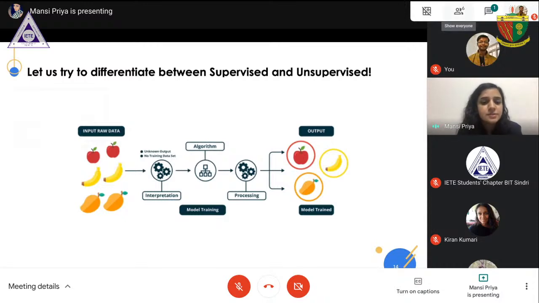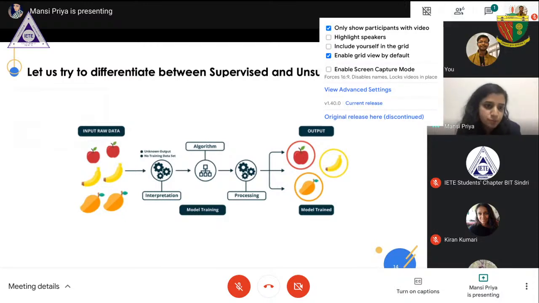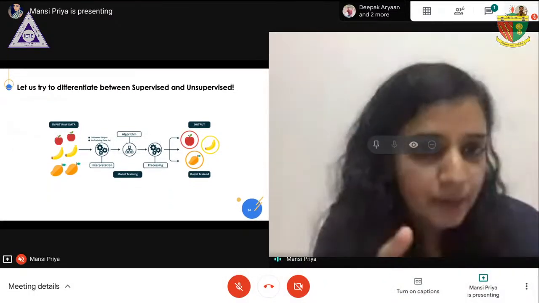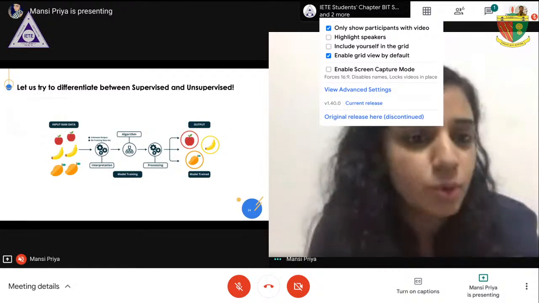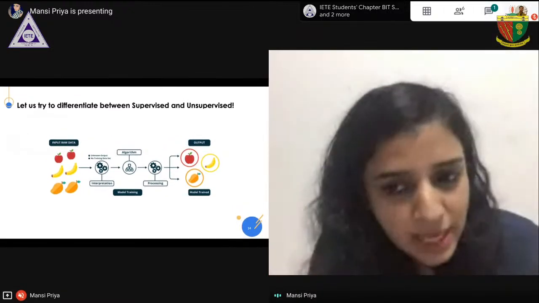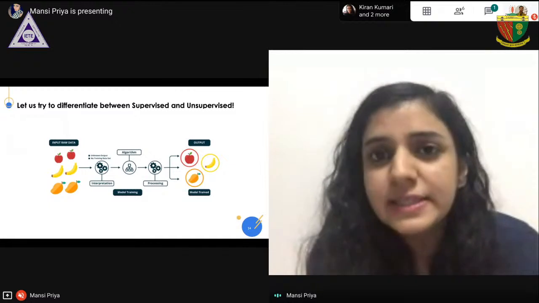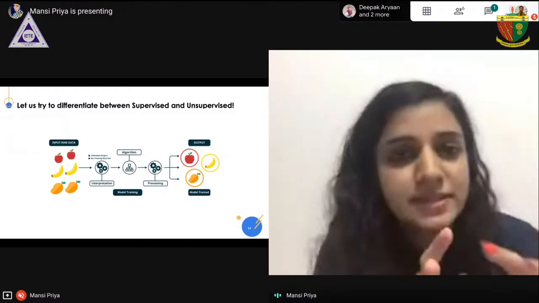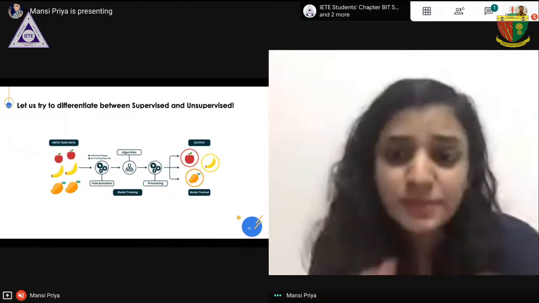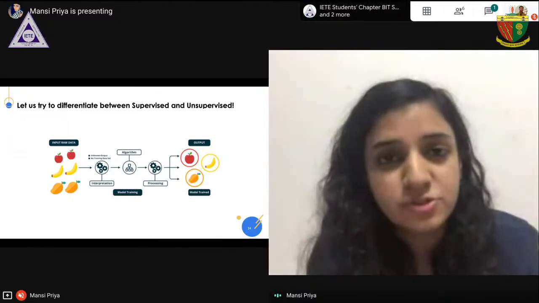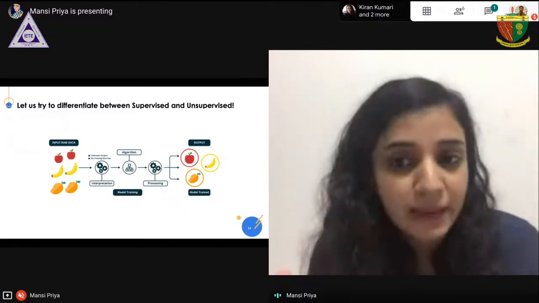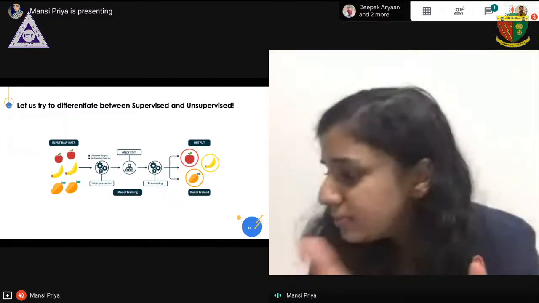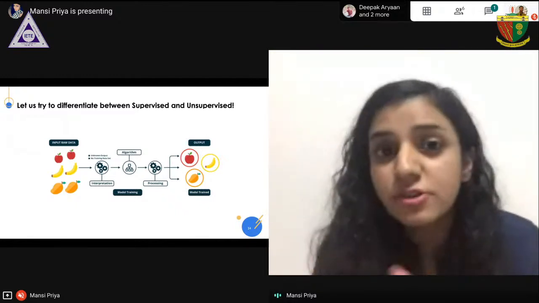You have to tell whether this problem is a supervised or an unsupervised problem. In the input, we have given different images of apples, bananas, and mangoes, and we have not given any labels to them saying what is what, and we have put them directly into the algorithm. This algorithm automatically makes three separate groups: one group has images of apples, one group has images of bananas, and one group has images of mangoes. So what do you think, is this supervised learning or unsupervised learning? You can put your answer in the chat box section.